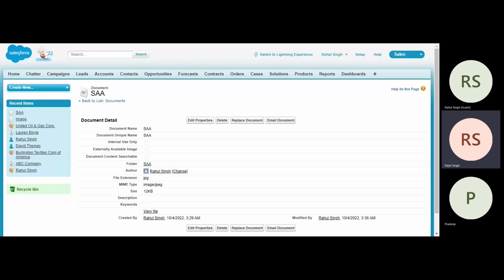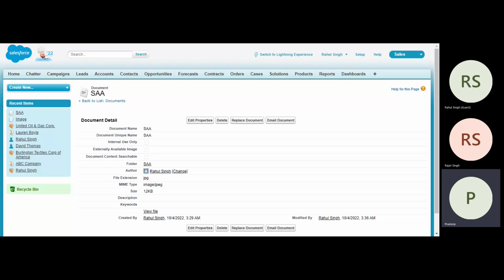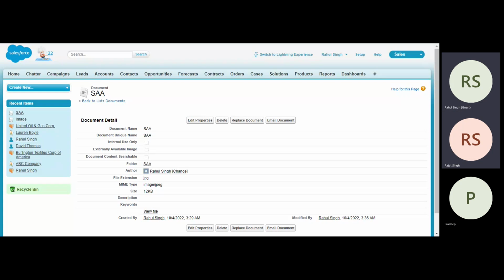Go on setup and then search for. I think you are only sharing this browser tab, not the whole screen. Why? I don't know. Only a single tab I can share. While sharing,